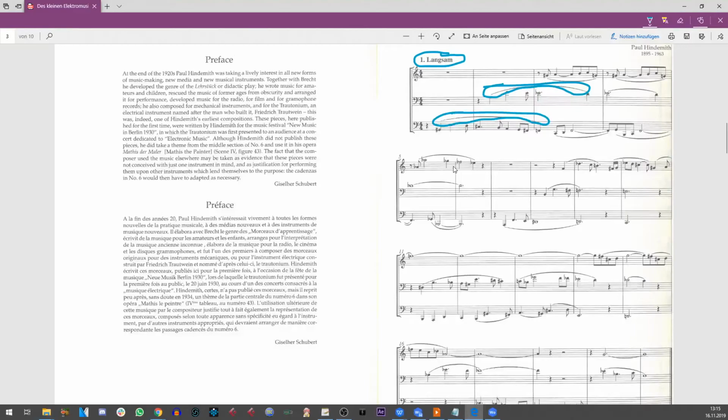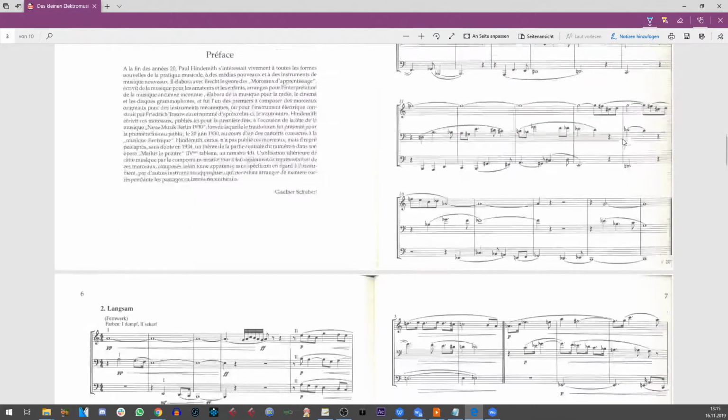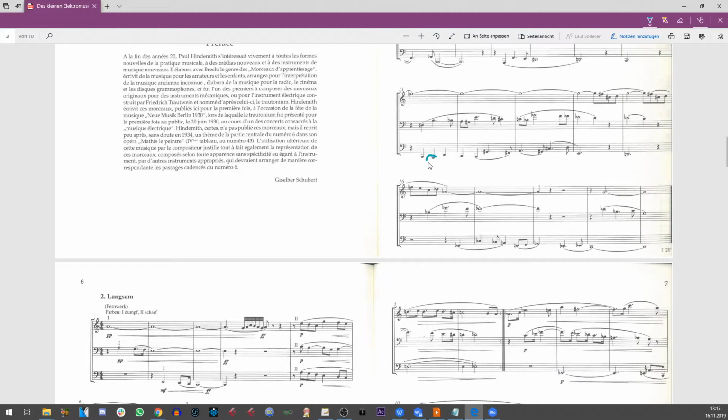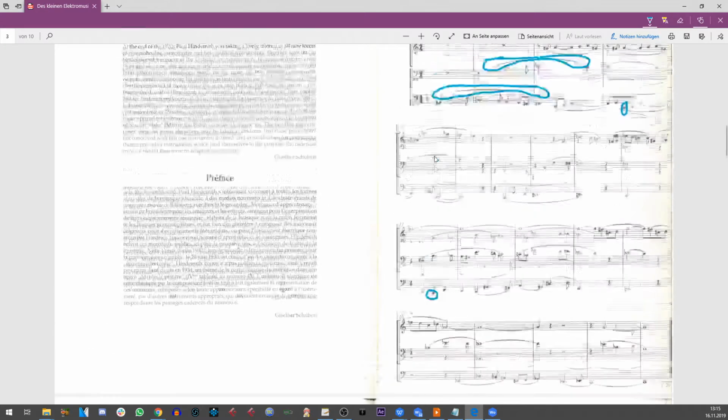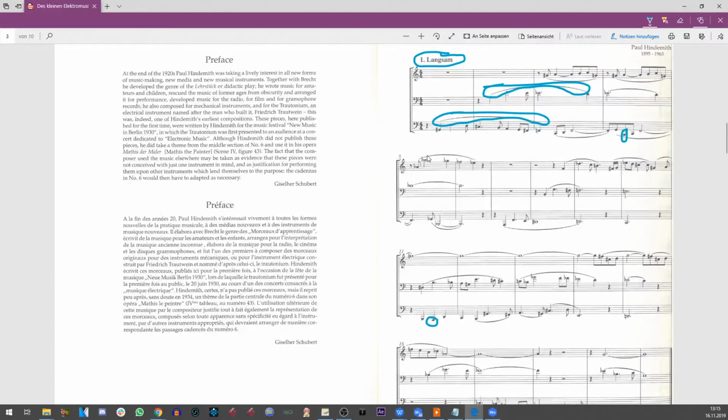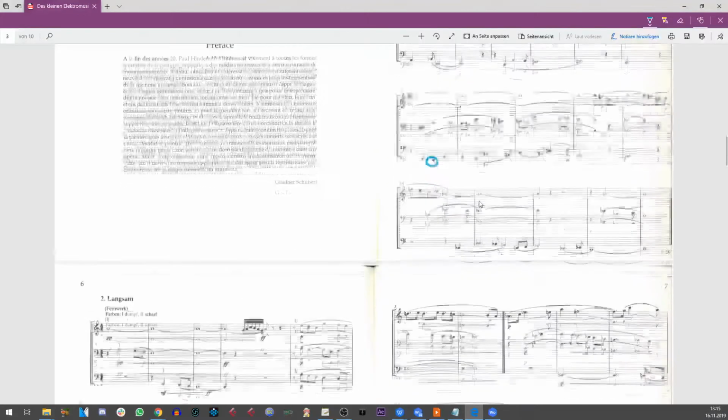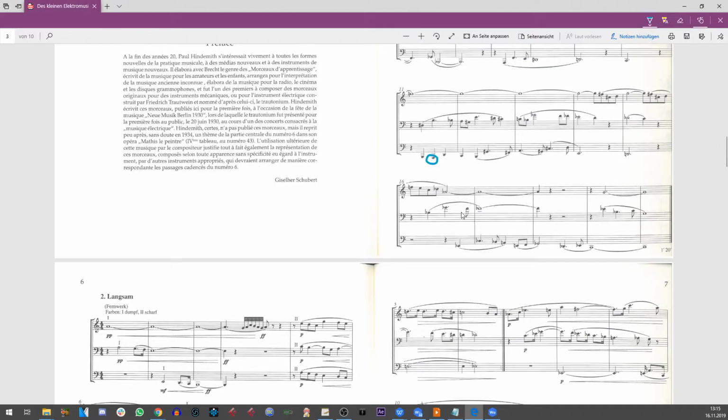Oh yeah, it actually also shows off the range. This is all played by the same instrument. And you can see the lowest note is here, the B. No, it's actually the A. The C, D, C, B, A. Okay, yeah, that's the A. And you have an A flat here. So the range of this instrument is pretty big.